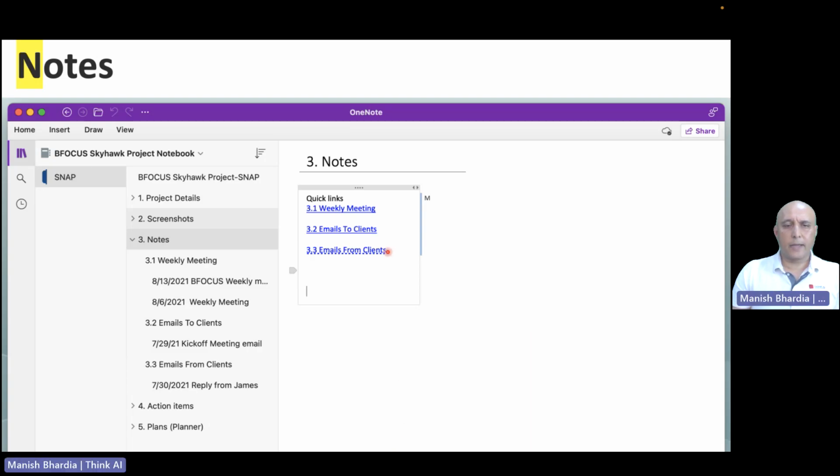Now the next is the notes. The notes is the most important one. Whenever we are having a meeting with the client, all the team members must make an effort to add to the notes, because what happens in ThinkAI and ThinkAI clients, and clients are also sometimes forgetful, or sometimes they try to increase the scope.